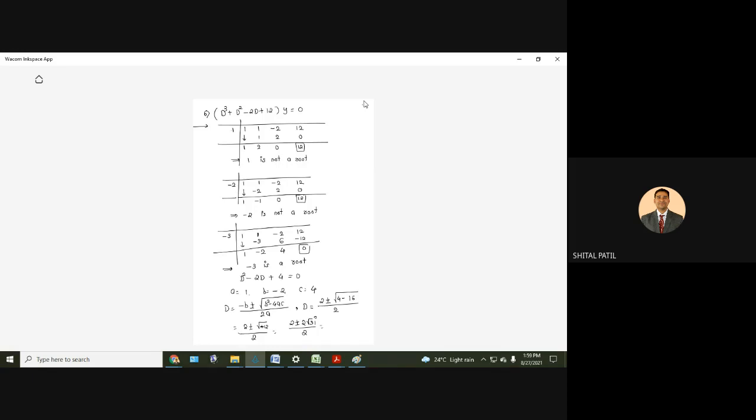Since in online mode it is difficult to come at your place and tell everything. Okay, therefore please let me continue. So the three roots are known to us. If you are not able to use calci, if everyone is not able to use calci, we'll spend some time on understanding how to use the calci. But at this moment, please let me continue. Minus 3 is one of the roots. Okay, and these two complex roots are there. So let me write them on the next page and we'll write the corresponding complementary function.